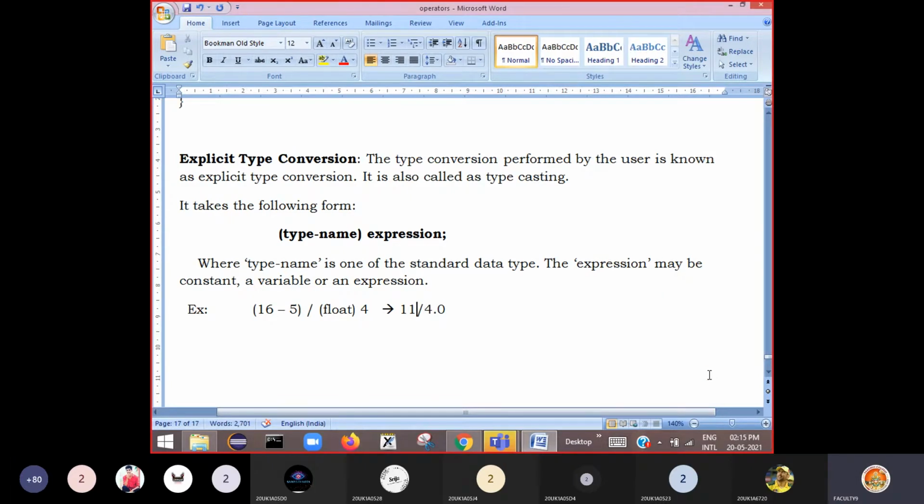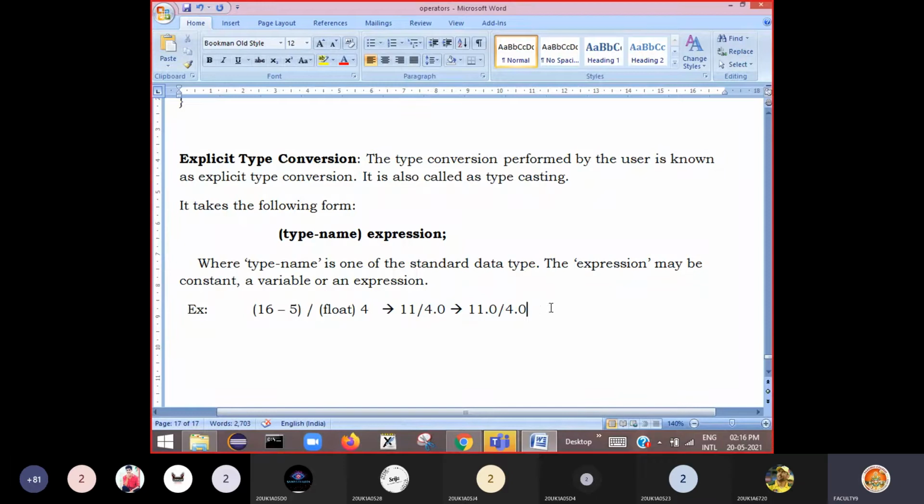So now what happened here is that one integer and one floating point type are there. Now the compiler automatically performs implicit type conversion. So this will be converted internally like this: 11 will be upgraded to 11.0 divided by 4.0. Now everything is converted into float type, so it performs a floating point division and you will get a floating point answer. All this I have shown here is done internally, not visible to us. Only the answer is visible to us. That's it.